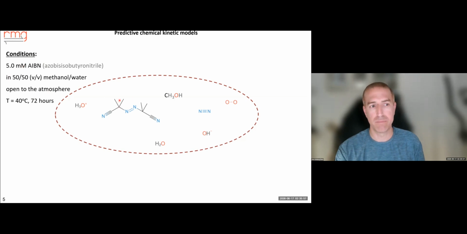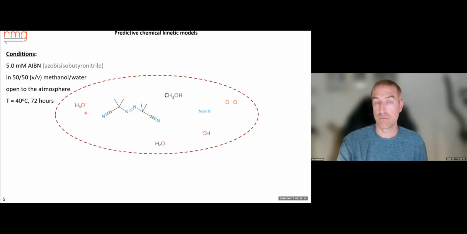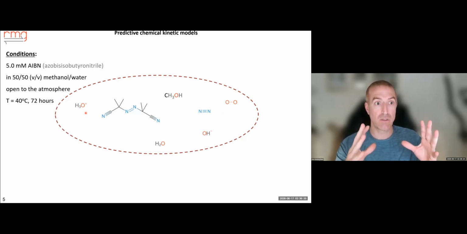So here we have our main molecule that's going to react, AIBN. We have methanol and water, so here they are. We're open to the atmosphere, so there's nitrogen and oxygen, and there's pH, for example, so I can represent it with these two ions. And RMG can look at new molecules, so structures it has never seen exactly that way,